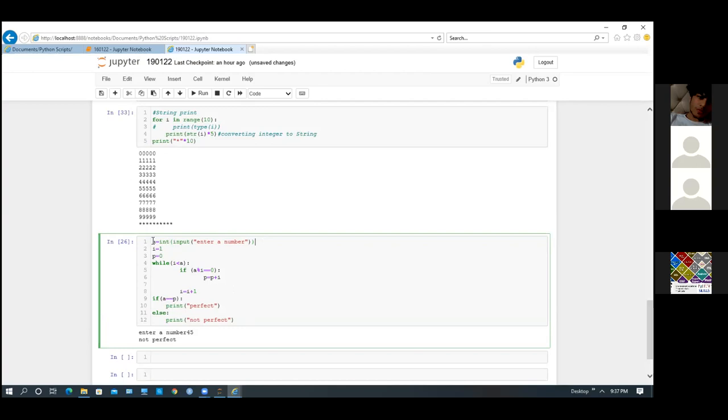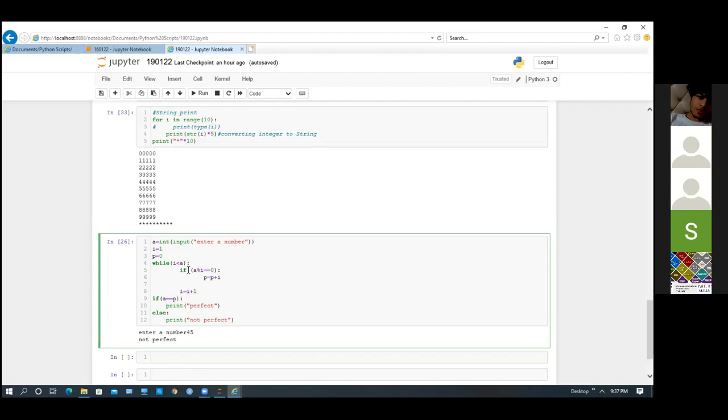We take input a number, I equals 1, and I have taken p equals 0. Keep in mind one thing: in Python, you cannot directly do p equals p plus i. You have to initialize the variable with some value, because since we are not defining any data type, we cannot do any calculation on that variable. We have to initialize it with something.